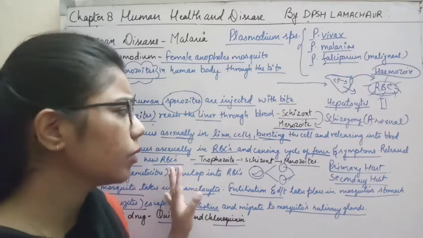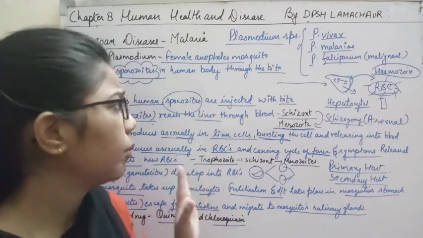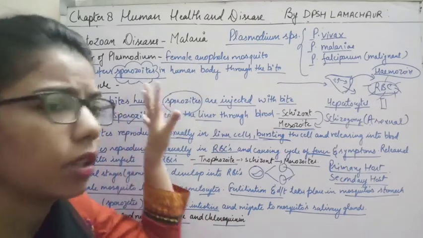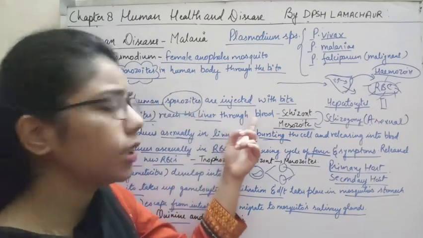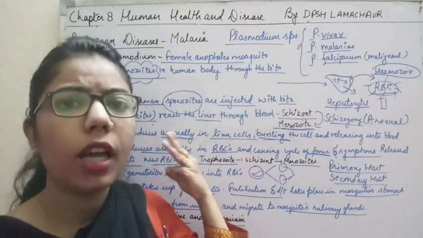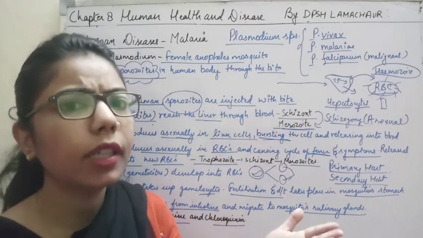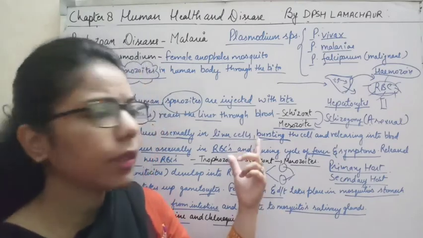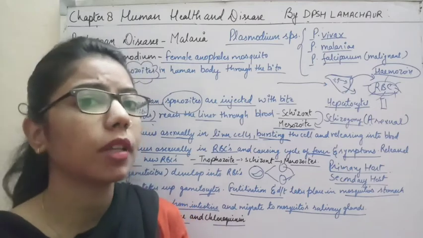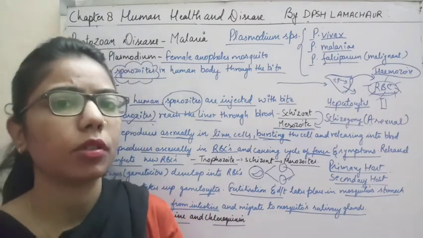And now in this one, what is very important? The important thing is that we have to understand the sporozoite first. And then what is it infecting? Second, it infects the liver, then it infects the RBC, and ultimately there will be rupture of these RBC cells, and it will give rise to hemozoin. So these terms are very important from the examination point of view.